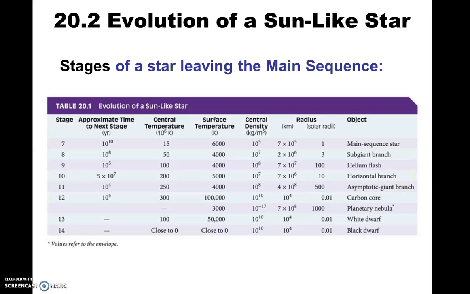And then the star gets hot enough to convert helium into carbon. So this is for the low mass stars. Okay, so we're talking about low mass stars here, and then eventually the outer parts of the star have grown, because the star is cooling off. The outer parts